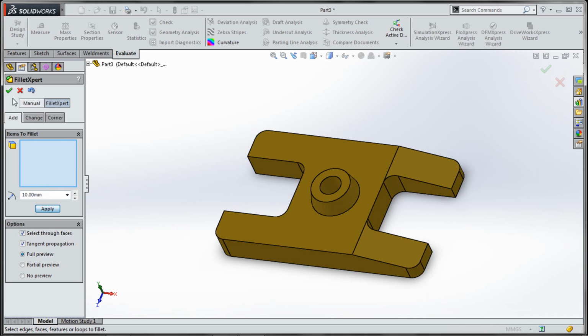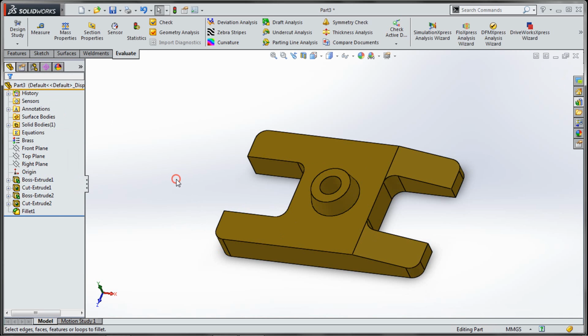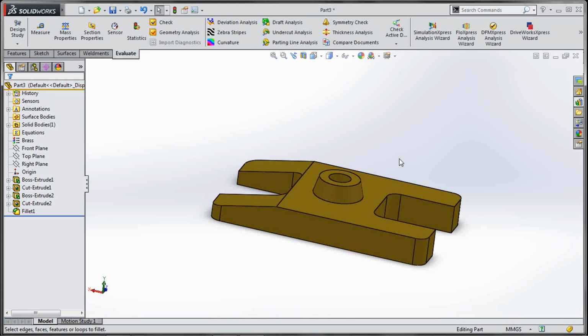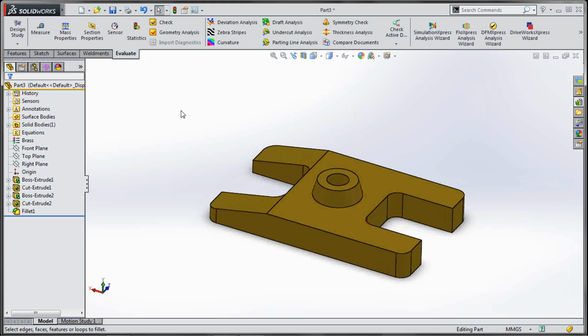So apply and exit that, and this is a completed part.